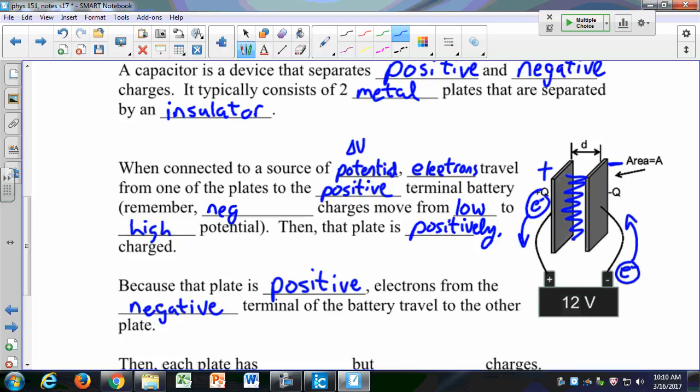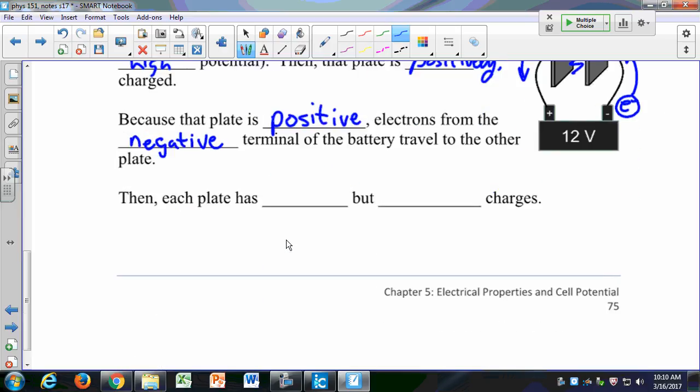Why don't we stop there? Actually, no, I'm sorry. So then each plate has equal but opposite charges. We're still in this last thing. All right, we will stop there. Again, I'm sorry for